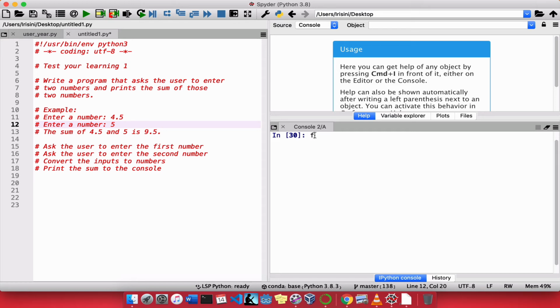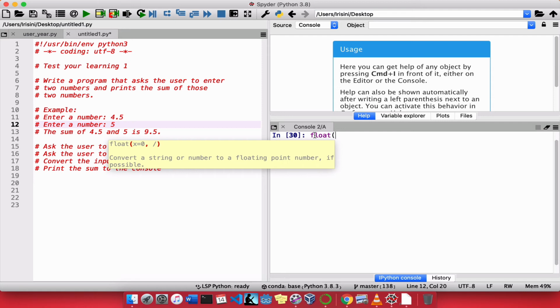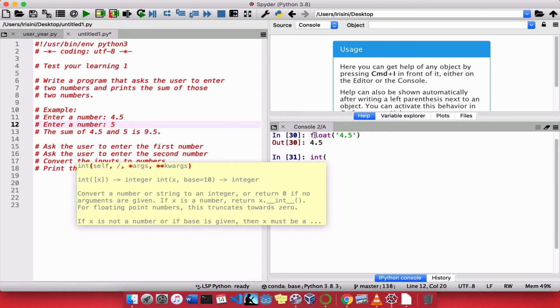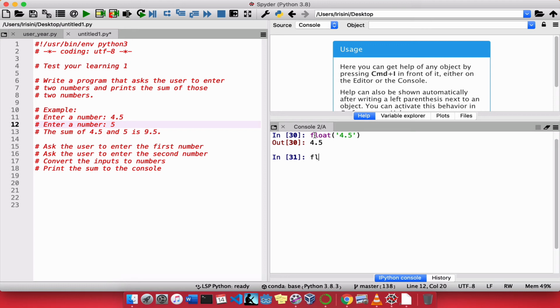And how do we do that? We simply use the float function. So if we enter something like 4.5, okay, it will convert it to 4.5. Okay? So I don't want you to use int function. I want you to use the float function in this problem. Alright? Great. So work on this problem, and in the next video I will show the solution,